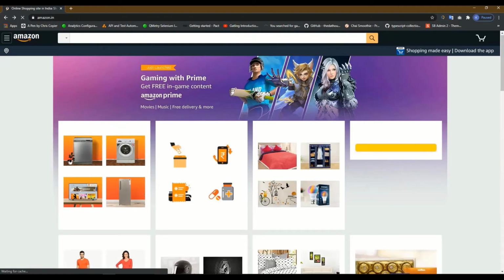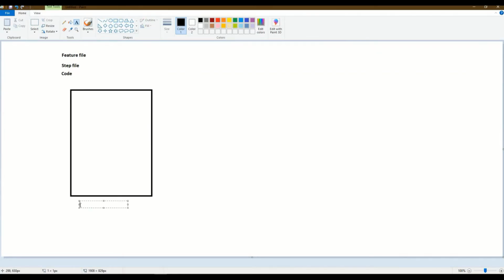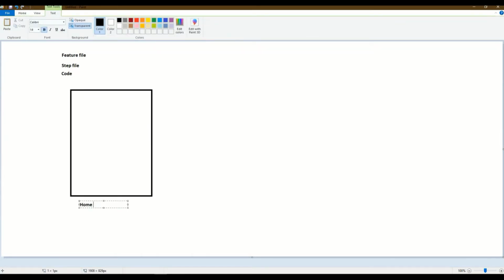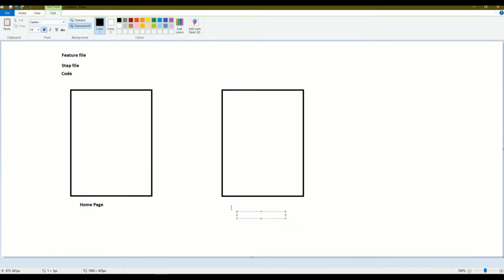So in POM, what we do is we treat each page individually. If I have to treat this page, this is my page and let me name it home page. Now let me create one more page and we'll name it, let's say, login page.